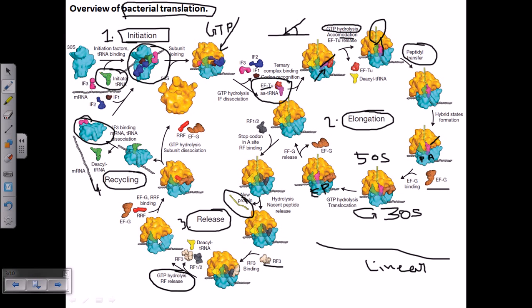After this hydrolysis, all the structures get very much disintegrated, and it will kick all these release factors outside. As a result of kicking the release factors outside, we are only left with the 30S subunit, the 50S subunit, the mRNA, and the initiator tRNA that is placed in this particular site. Now after that, they will also be released due to the binding of another factor called RRF, or ribosome recycling factor. This is the final factor which will help to dissociate all the subunits of the ribosome so that we can carry out this process again and again in future.